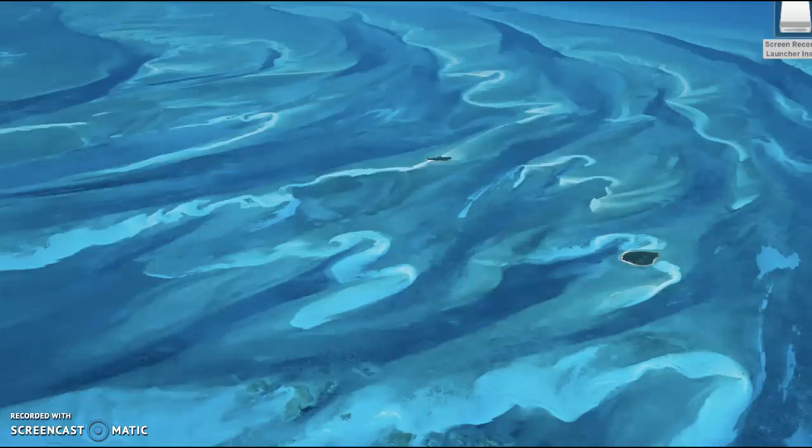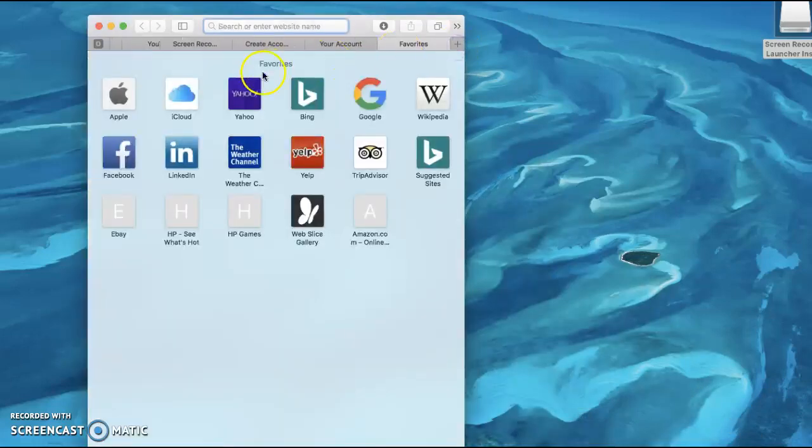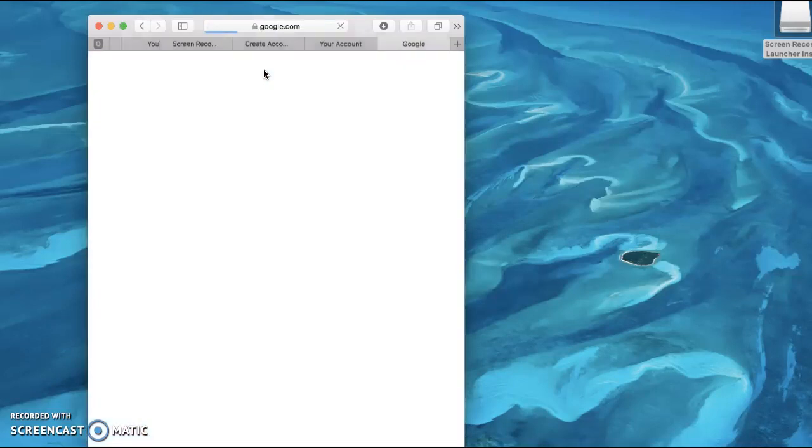So today I'm going to show you how to work the website Grammarly. So first we're going to start by opening up your web page and going to a clear tab. I'm just going to type in Google,